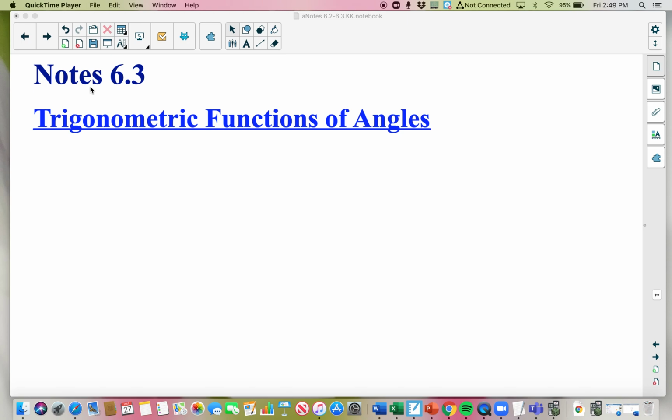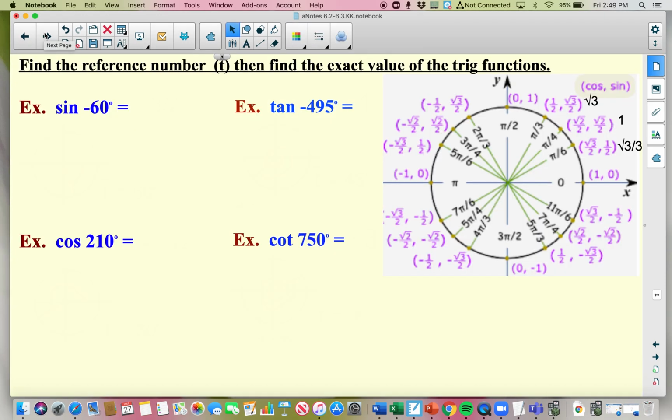All right, welcome. Today's lesson is 6.3, which is trigonometric functions of angles. A little vague, but you'll be essentially evaluating different trig functions in both degrees and radians. Again, good news is a lot of this stuff is already familiar to you from chapter 5, so it won't feel so new. So I'm going to start out by just evaluating a couple angles in degrees first. Okay, so notice the directions says to find the reference number, which is the t bar,